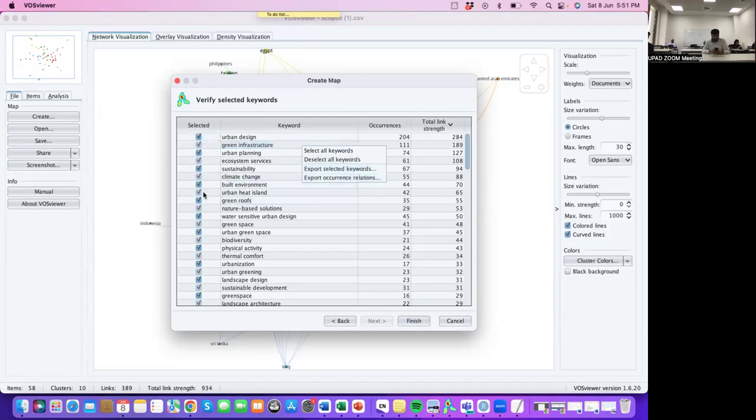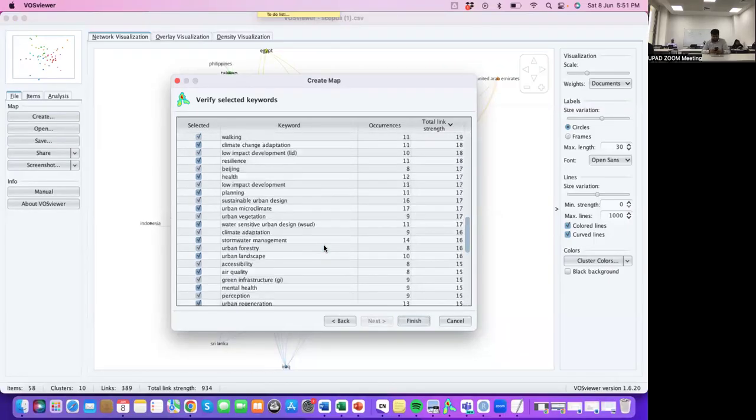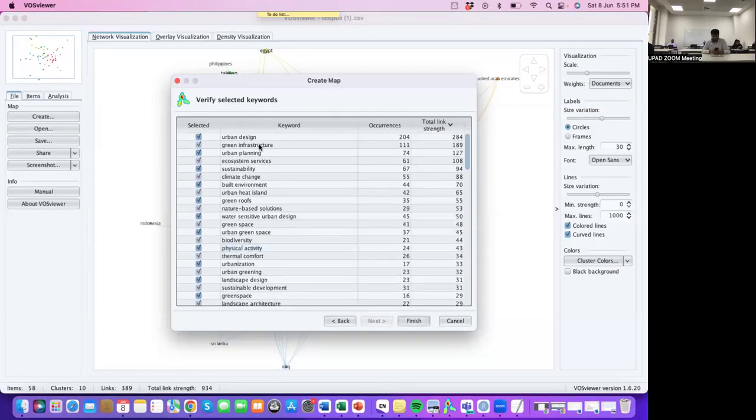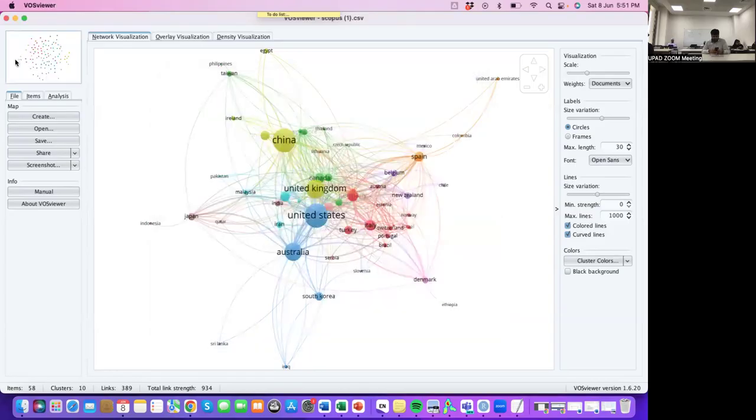And you see here, all words are selected. You can exclude, like, if there are keywords coming up only 1 or 2 times, you can exclude those. Green infrastructure was 111, planning, ecosystem, sustainability, 67 times. So if I click on finish here,